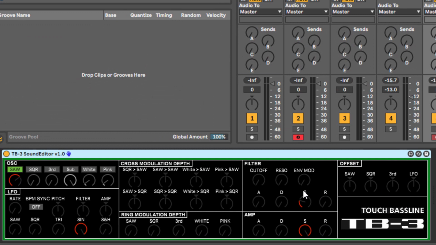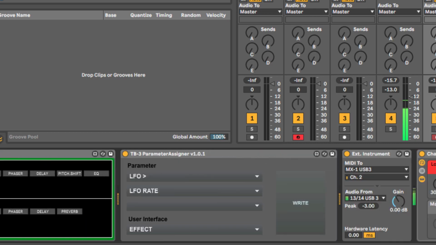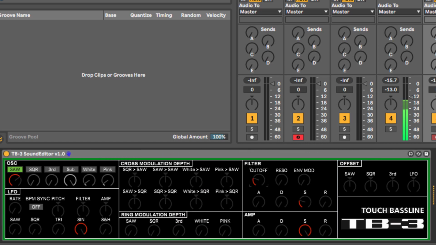And the first thing you're going to do when you load it is you can click on the TB3 logo, and that's going to send all the parameters from this over to the TB3. So I've got a little pattern here. It's very basic. So you can see that we can adjust the cutoff and sending it over to the TB3. We've got the TB3 in here as an external instrument. Now the cool thing is,